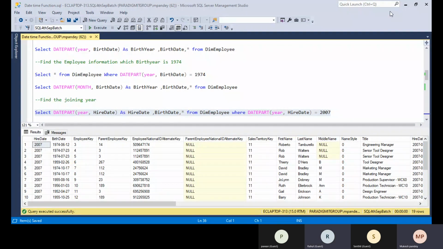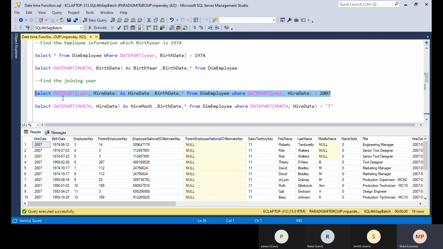Okay, so this is simple, but if you practice, all these functions will be memorized. But if you don't know what exactly the function is doing, and someone asks you to find the employee information who joined in 2007, from an interview or real-time requirement point of view, they will not ask you what DATEPART is.